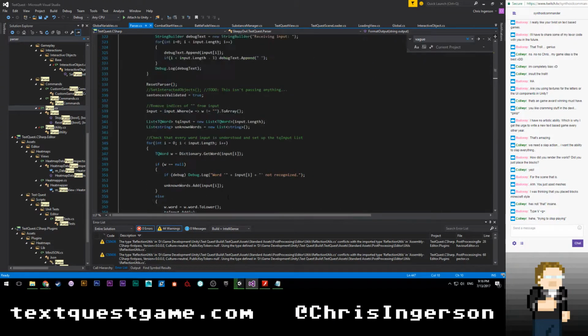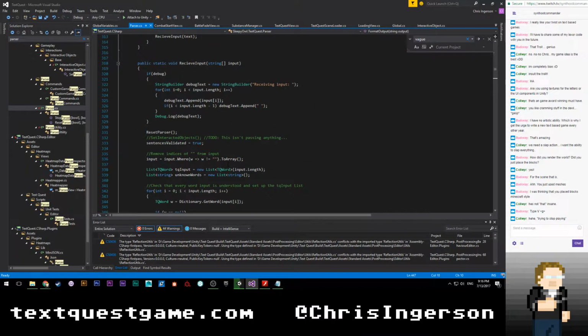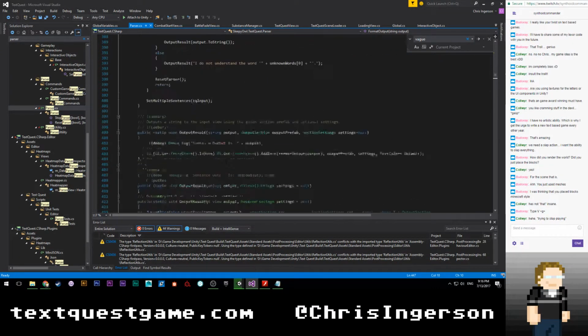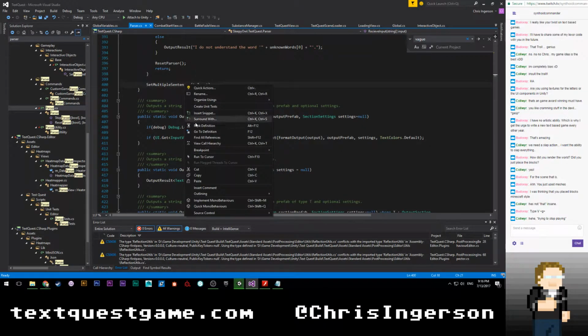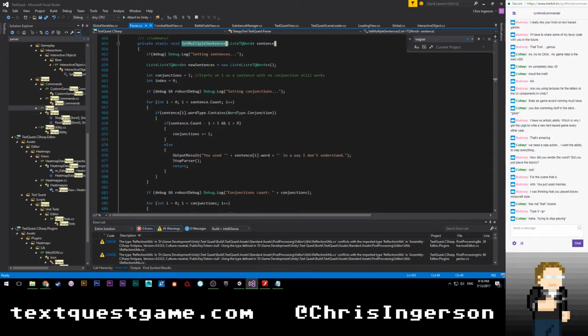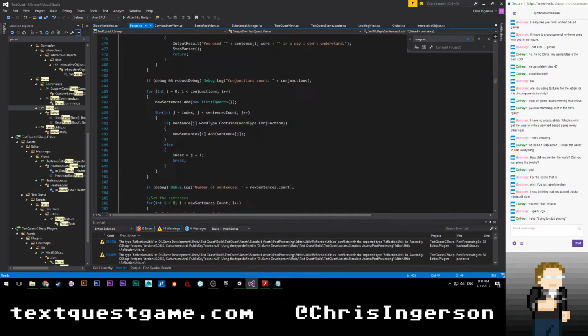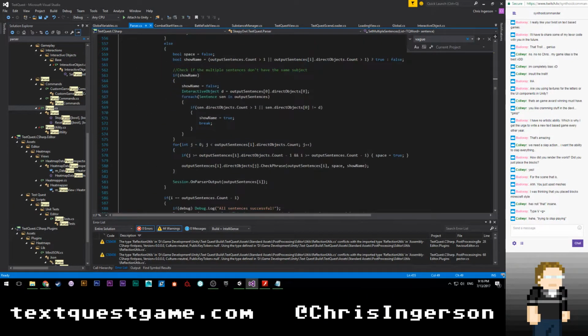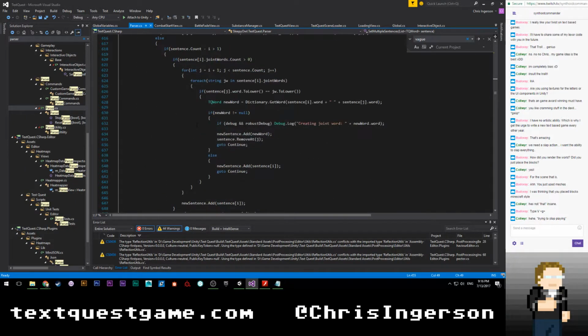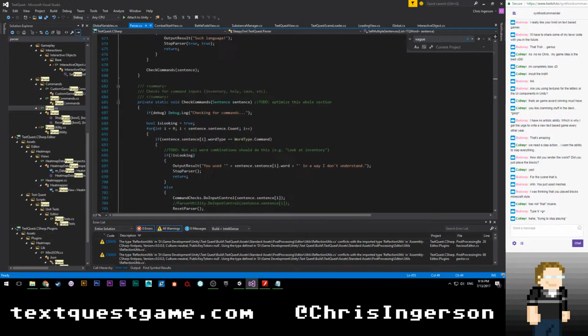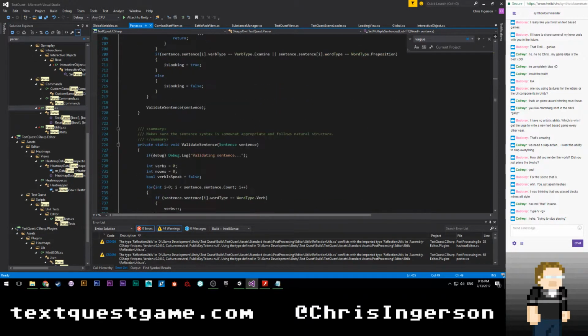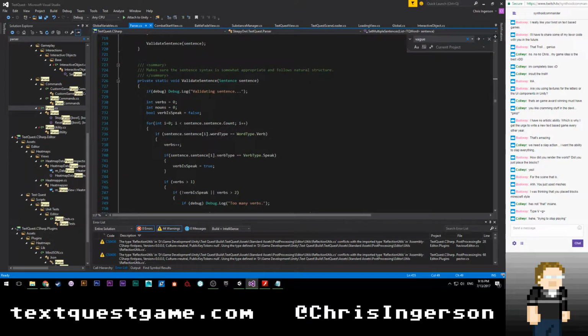So let's see, we're going to go up to receive input, set multiple sentences, go to definition. Let's see, this is all of the fun stuff. There should be a check verbs, verbs entities, check commands, validate sentence.